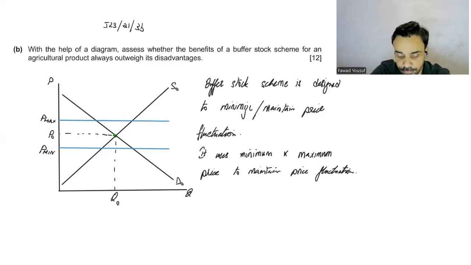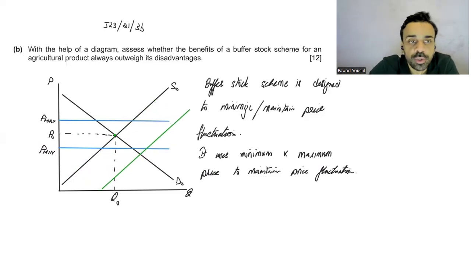And then we say that if there is a good harvest, the supply curve... Why do you need them to be ineffective? Because you can't have them both in one single diagram. Initially they're ineffective, but for example, the prices are within this range. We don't want the prices to go above this. We don't want the prices to go below this. Okay? If I put P max here, then there will be a problem. Then you'll have a shortage. The prices can't go above this. So right now we need the ineffective ones.